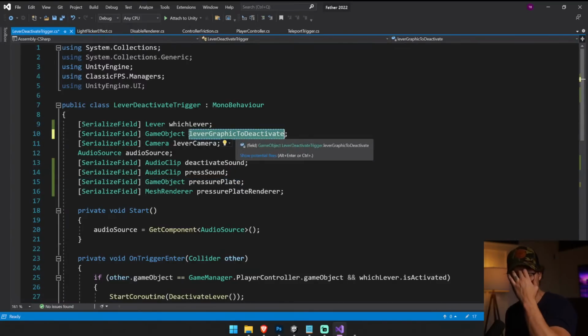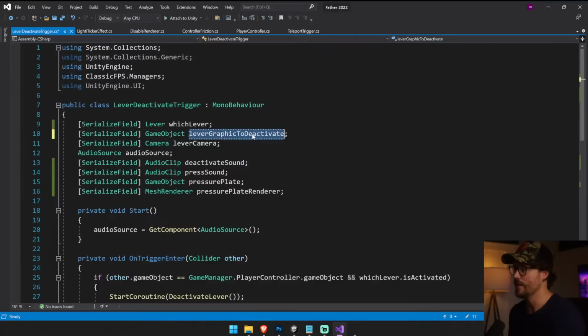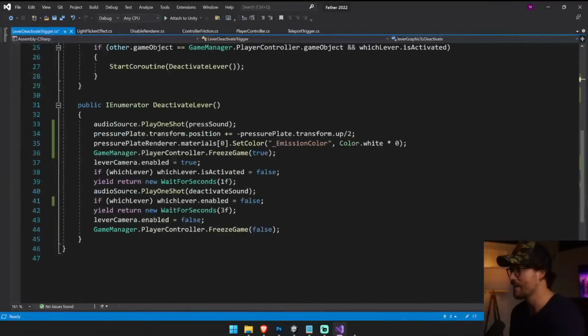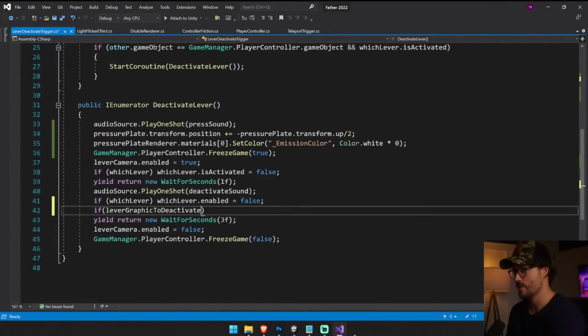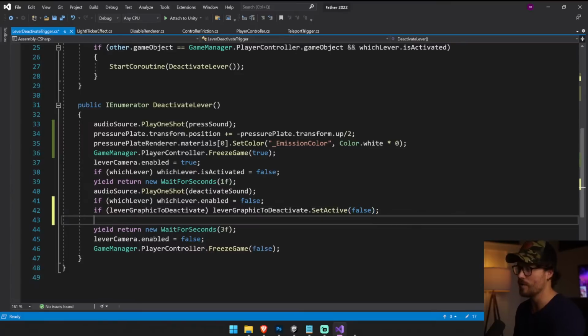What's the difference between activated and enabled in Unity? Does anybody know? What's the difference between activated and enabled? There's a difference. If lever graphic to deactivate exists, then lever to deactivate dot set active equals false. And then we're also going to enable